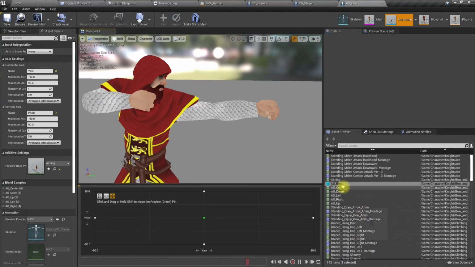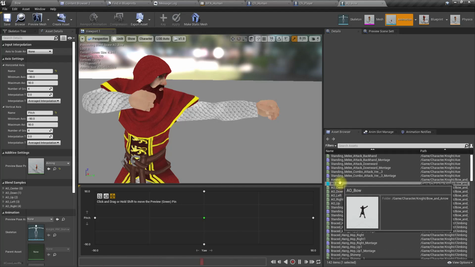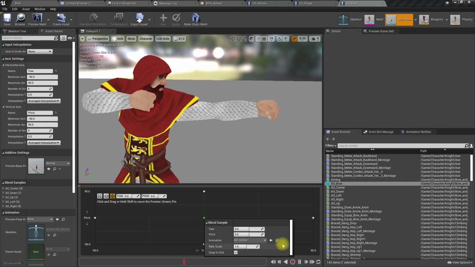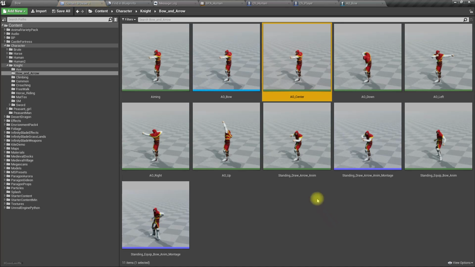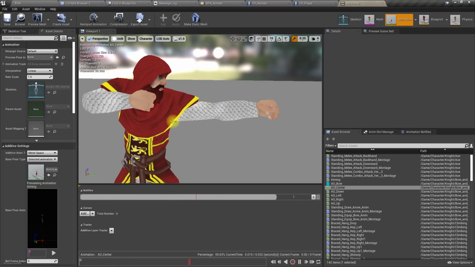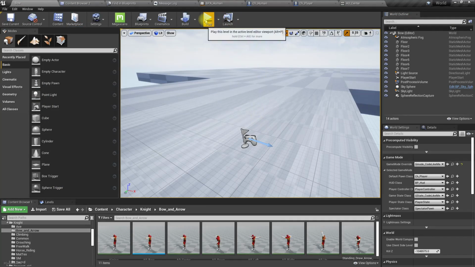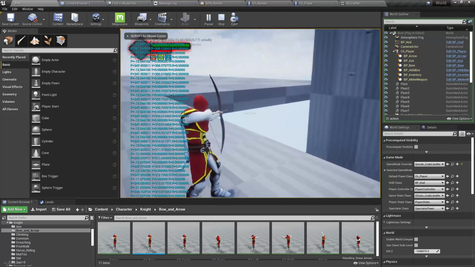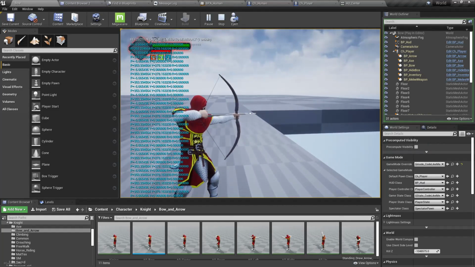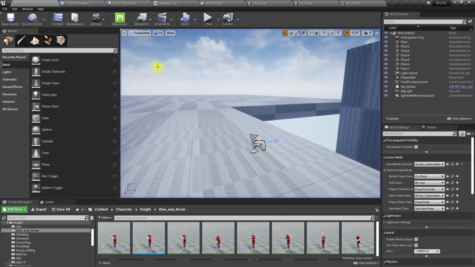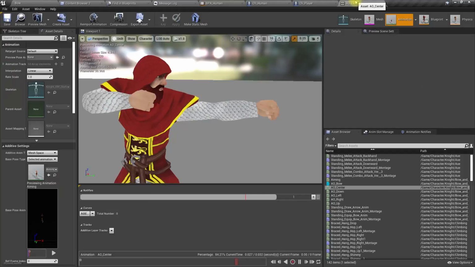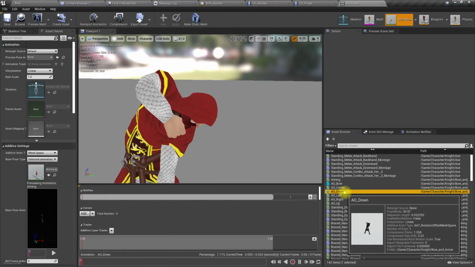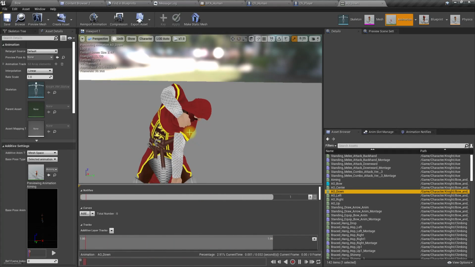So this one is AO center. Here it's alright, I guess, because I didn't notice any issue when I aim in like this. Yeah, it's okay. And AO down, it's not okay.